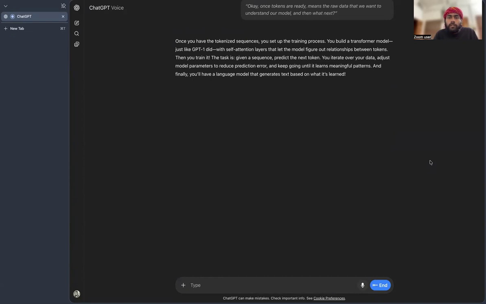So what was the second step you mentioned, the transformer model? Can you explain that transformer model in detail? So tokens are ready, and then